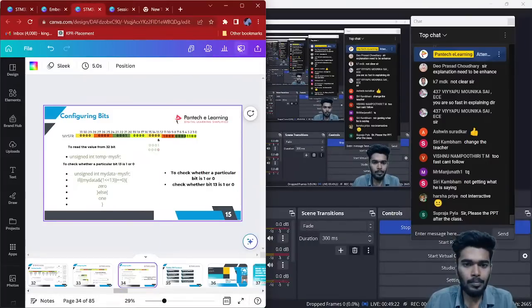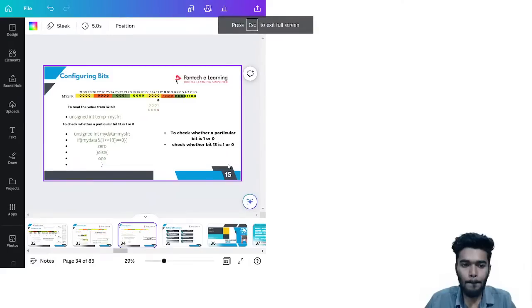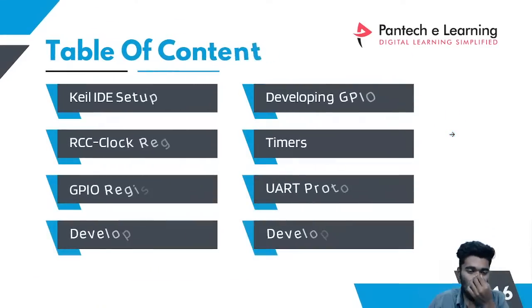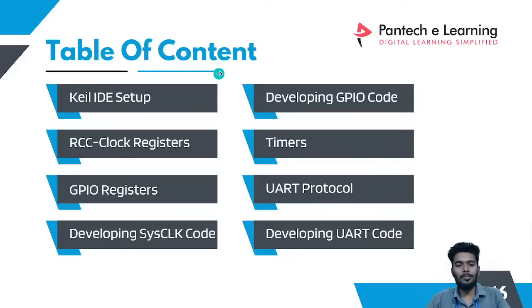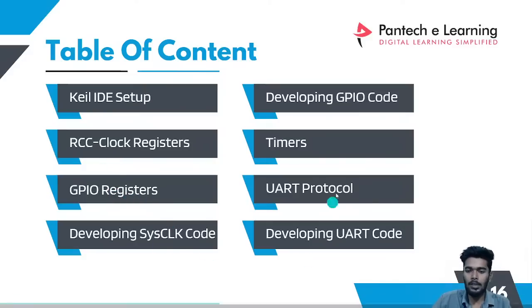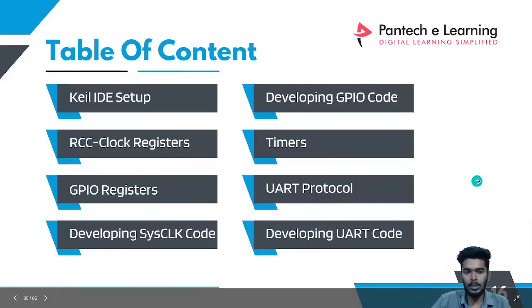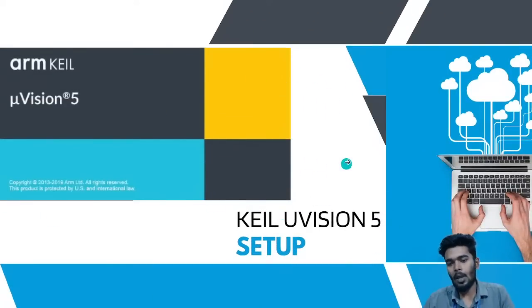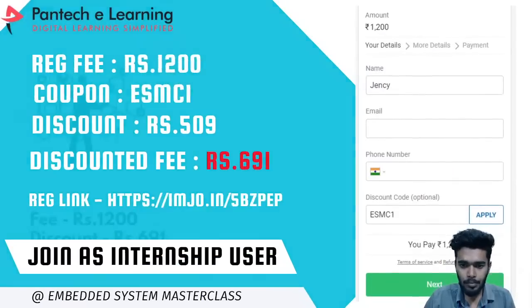Now we will, okay. What are the things we are going to see? We are first going to set up the KEIL IDE platform, and we are going to develop the GPIO code, and we are going to get into the RCC clock registers, and we are going to see the GPIO registers. These are the things we are going to see in the upcoming sessions. First we will get into the KEIL Vision setup. So first we will set up the KEIL Vision IDE. Okay. Before that